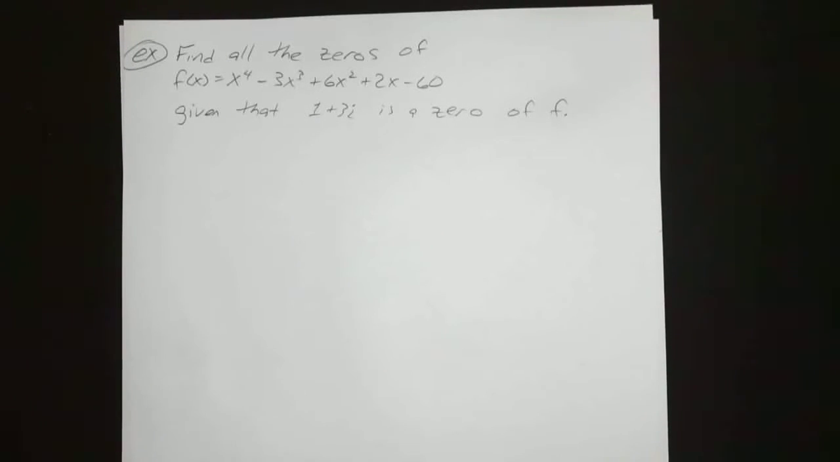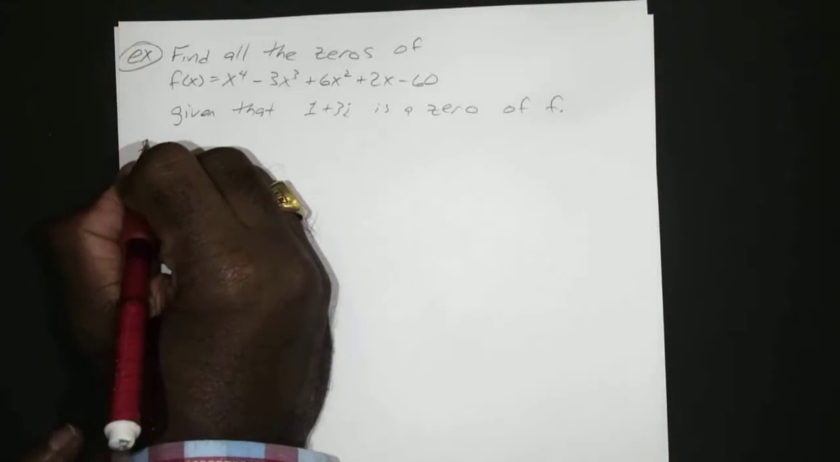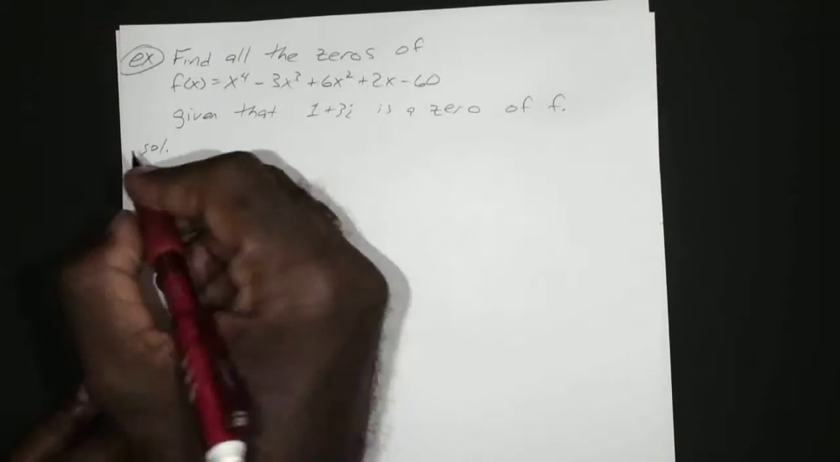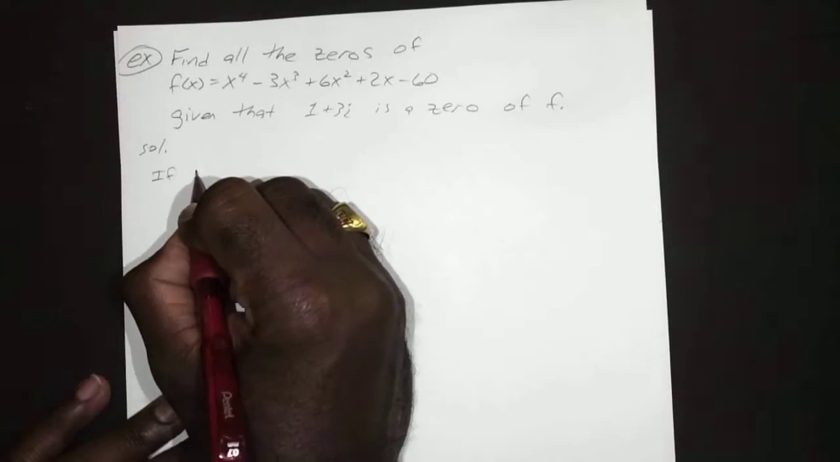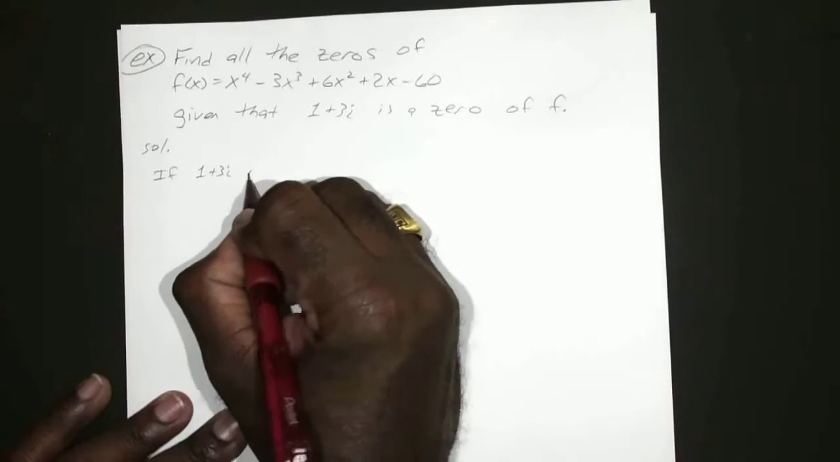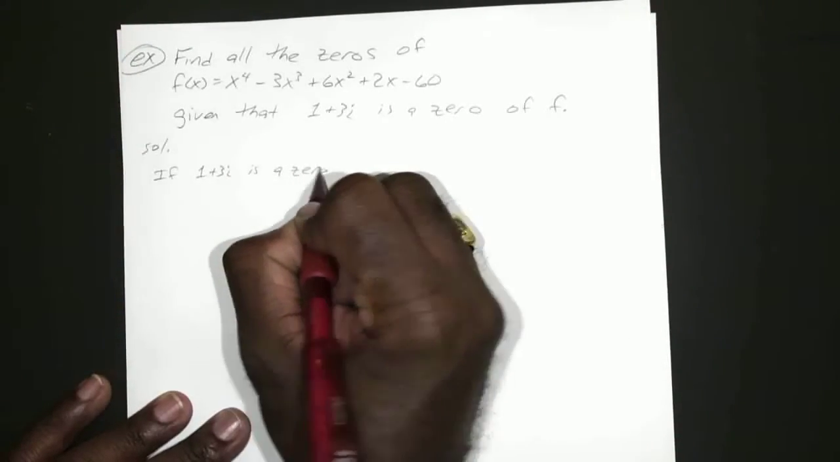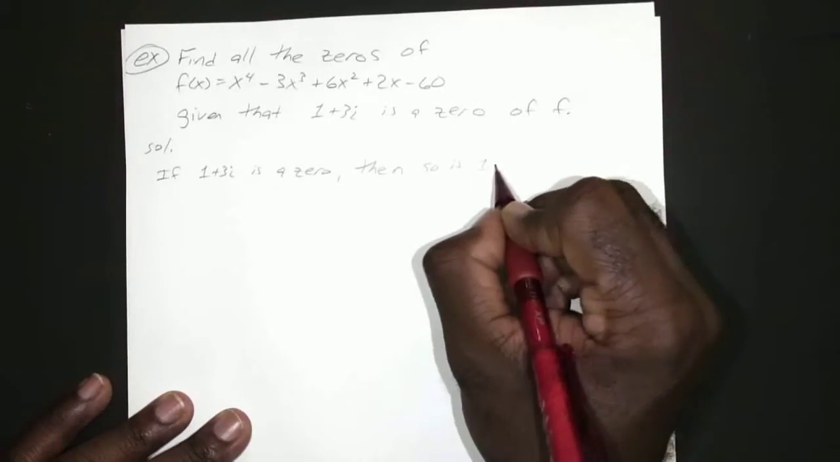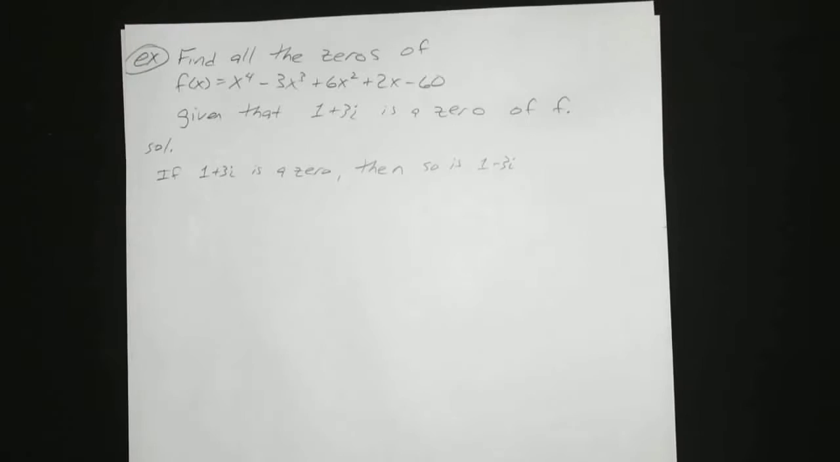So that's the only 0 they gave us. All right, so we know if 1 plus 3i is a 0, just because it's a complex number, so is 1 minus 3i. So if 1 plus 3i is a 0, then so is 1 minus 3i. Okay, so that means we're going to have a function here